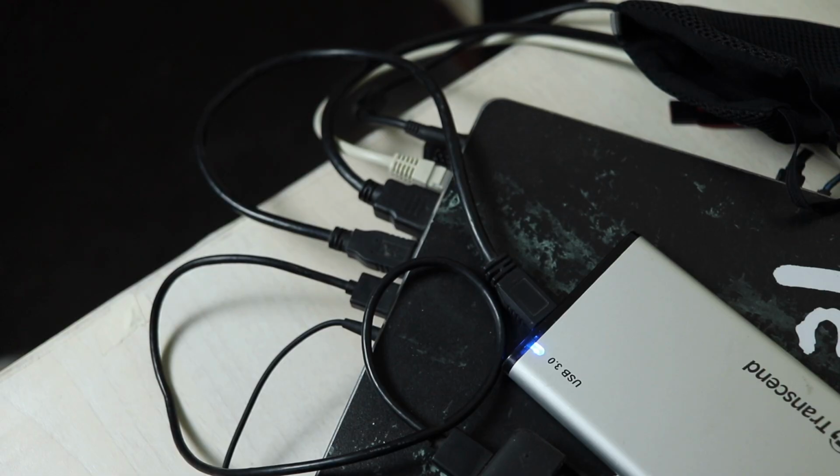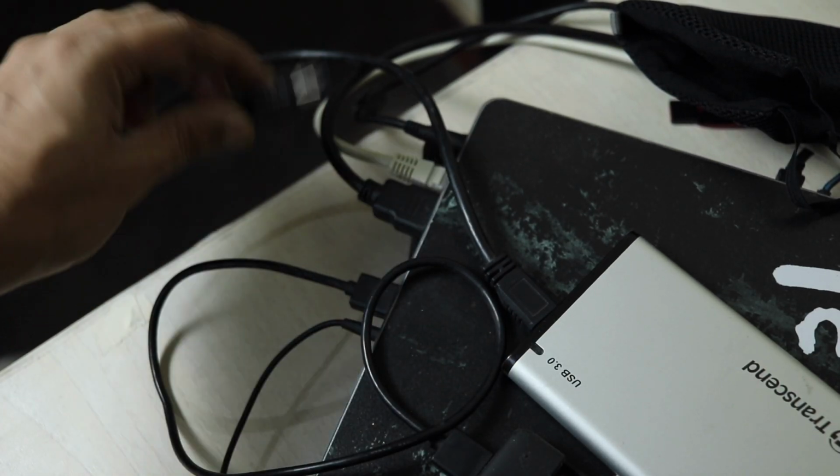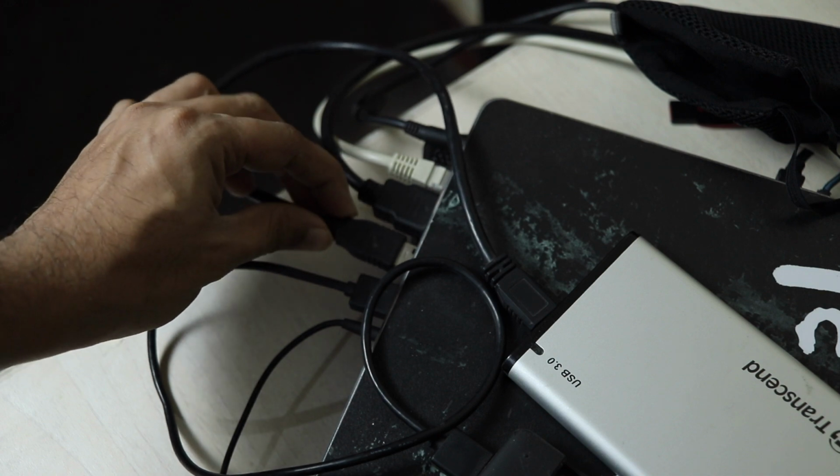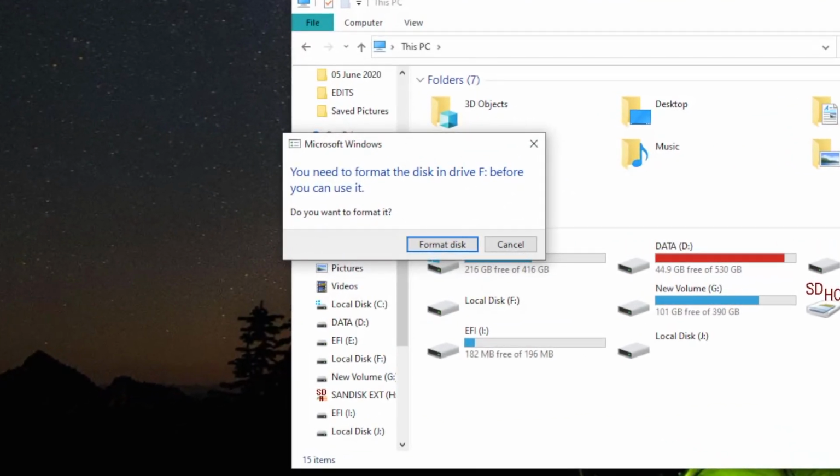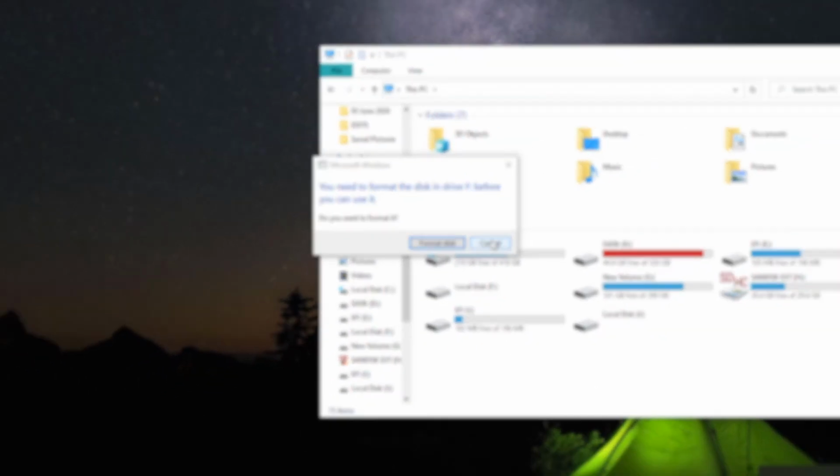about this data. I tried to disconnect it and reconnect it, but again I was seeing a format prompt on my window. But with my past experience I knew that there is a tool called Checkdisk which you can use in Windows and fix most of the corruption errors. So this was most probably a corruption case.